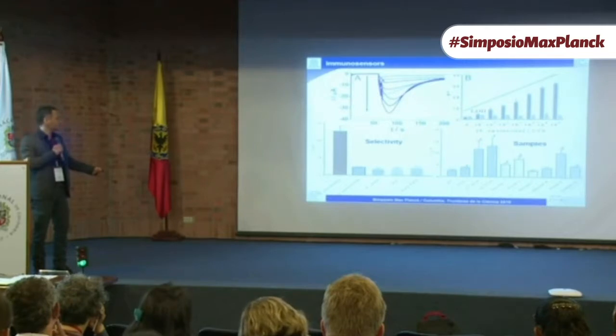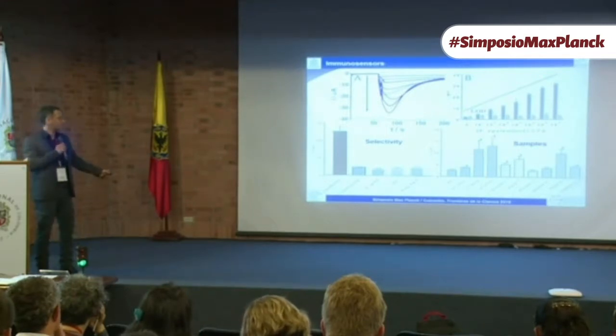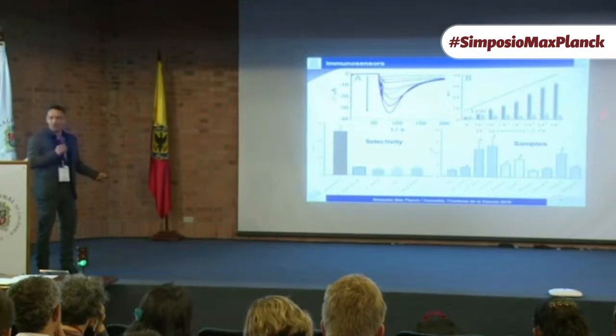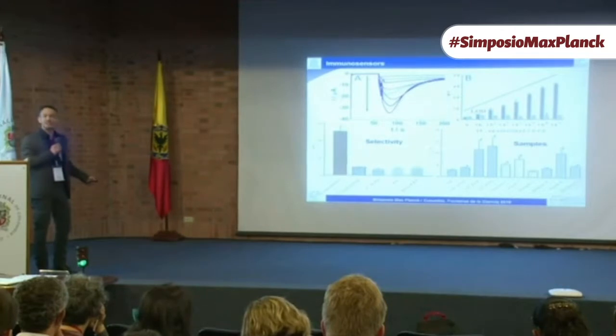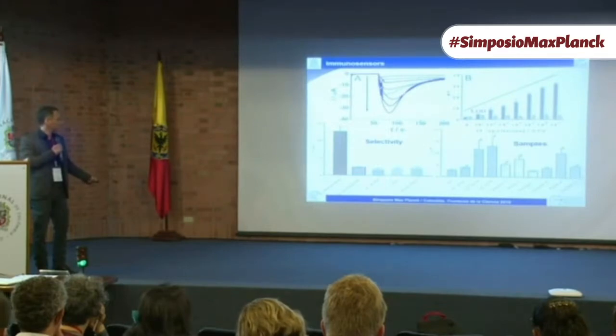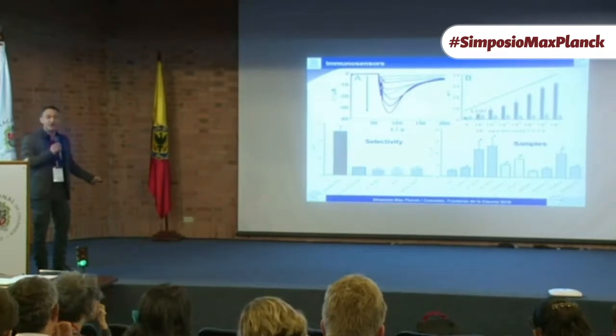As you can see in this graph, we can build calibration curves with limit of detection of 10 cells. This calibration curve is from 10 to 10^7 colony forming units of the bacteria. And what is most important, we check selectivity. This is the signal of the immunosensor for Streptococcus agalactiae, and these little signals are when the immunosensor is challenged with another bacteria that can coexist with the Streptococcus in a sample.